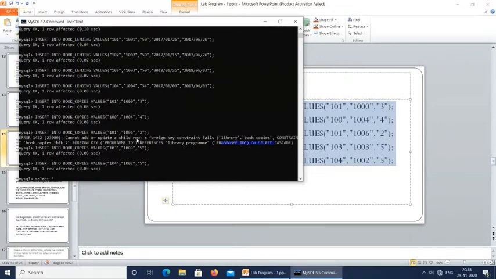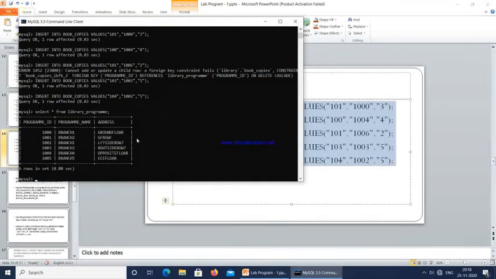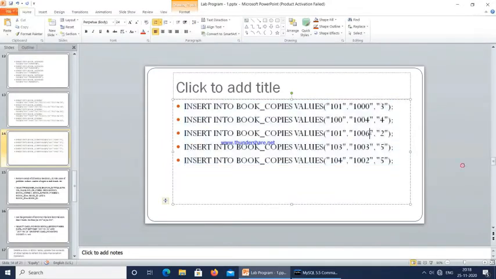Let us see 1000, 1004, 1006. 1006 is not there, so that's why it is giving an error. So let me say 2005.